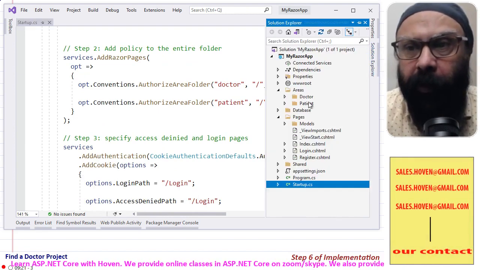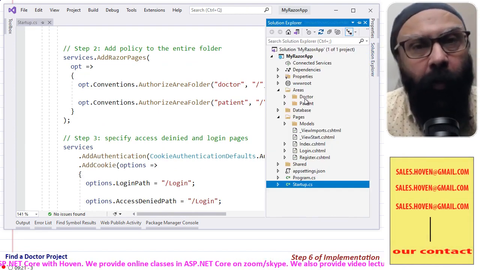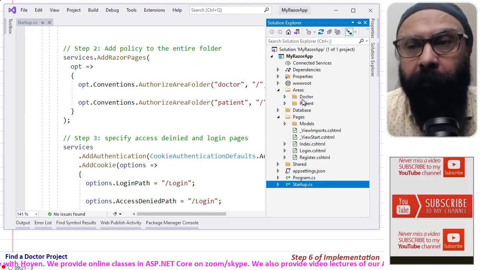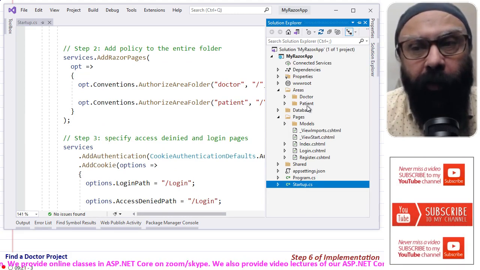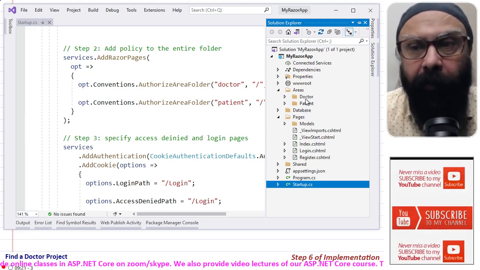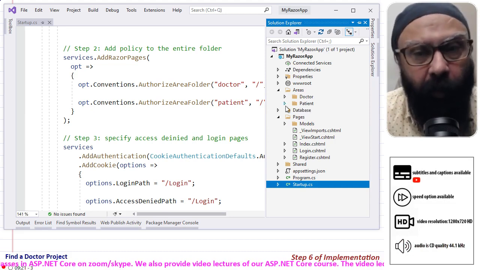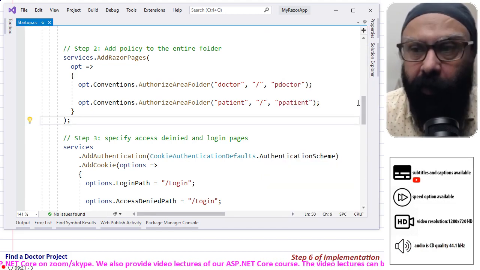So basically the doctor area will be seen by all those users who have a role of doctor. They will not be able to see those of the patient, and we have now added authentication and authorization on this.